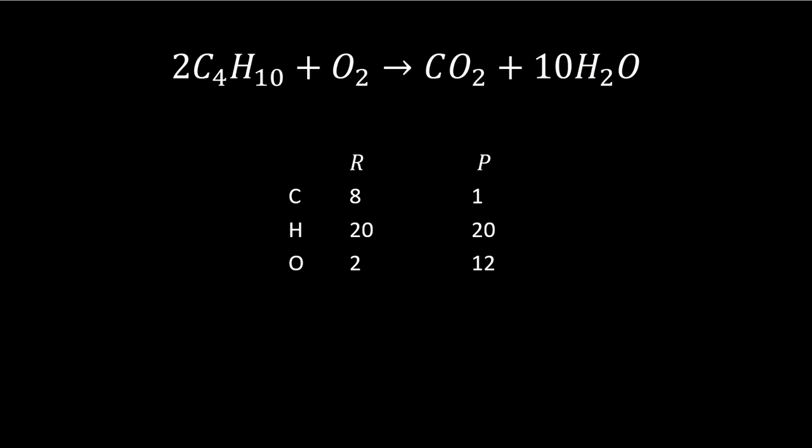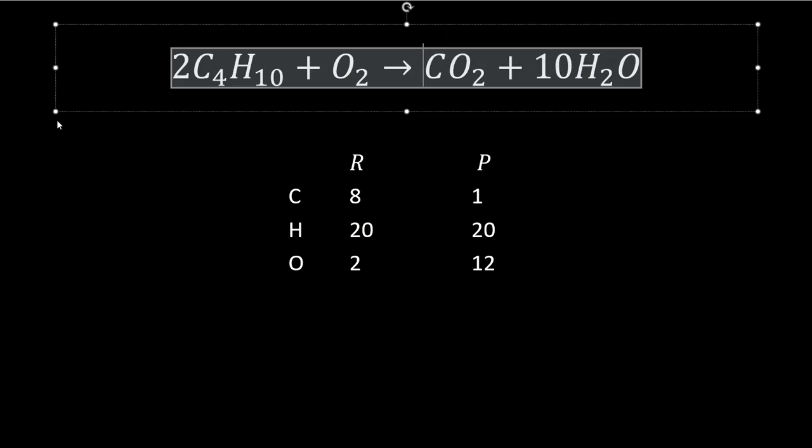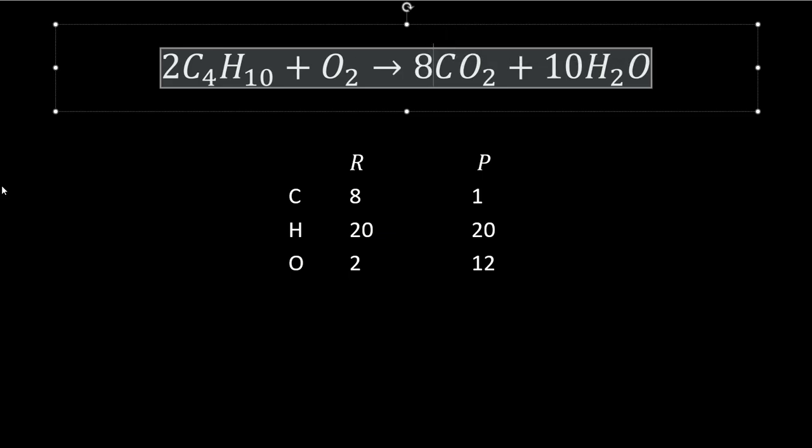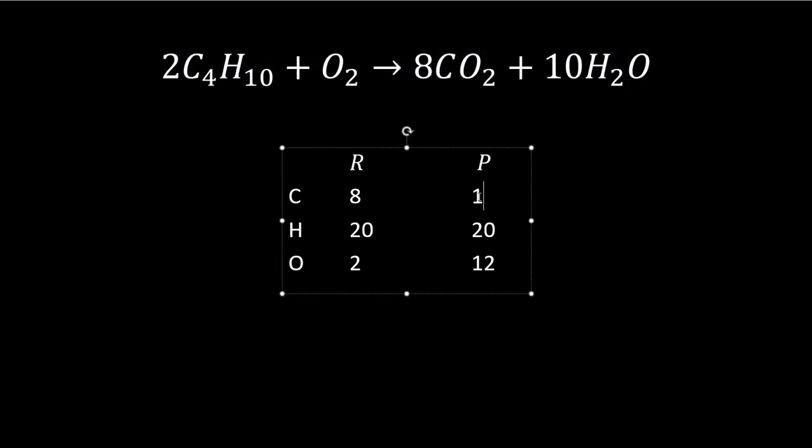We do not have that on the product side, but that's easy. We can just put a coefficient of 8 in front of CO2. So now we have 8 times 1, or 8 carbons. And as far as oxygen, we have 8 times 2 from CO2. That gives us 16, plus 10 times 1 oxygen in water. 16 plus 10